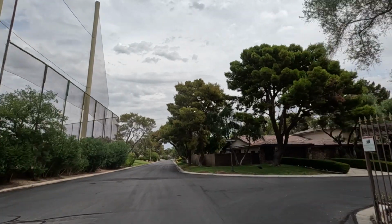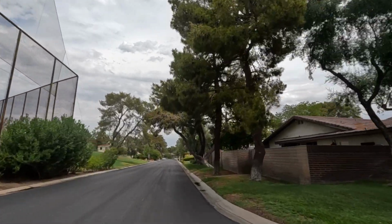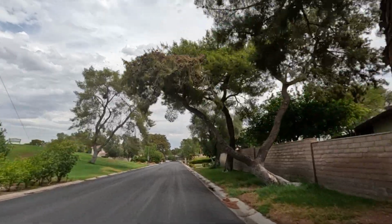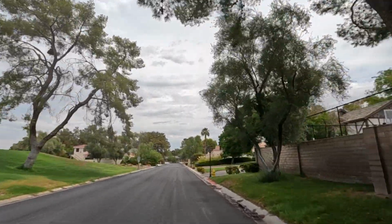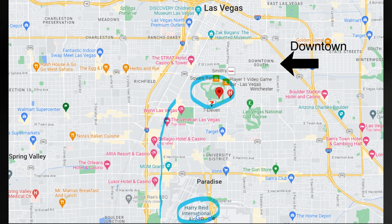This high-rise unit is on the 14th floor. It consists of 1,856 square feet, 2 bedrooms, 3 bath, built in 1974, and it's located in the Las Vegas Country Club golf course community with amazing views of Sunrise Mountain, downtown, and from the 14th floor, we've got ceiling-to-floor